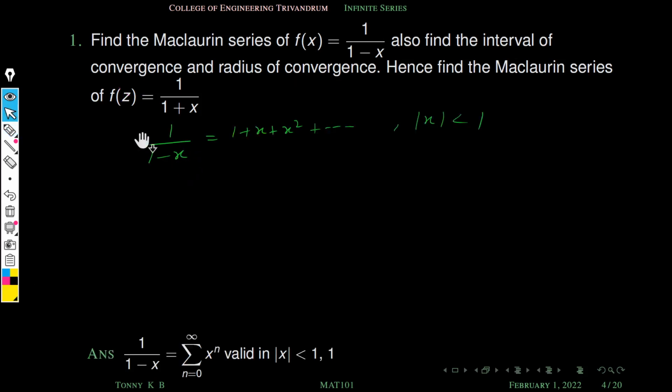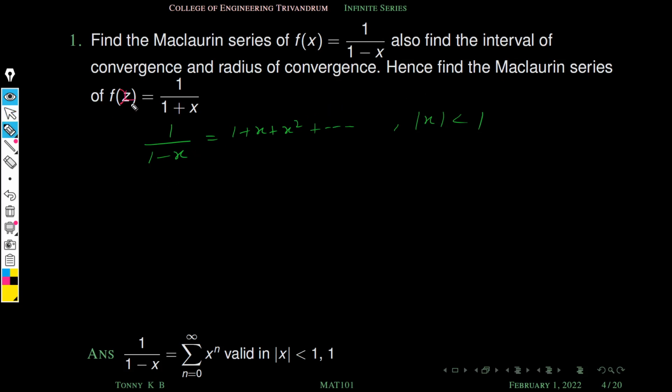Yes. So this is the series expansion of 1 by 1 minus x. This is a compact form, sigma n equals 0 to infinity x raised to n, and valid in this interval. This is our interval of convergence and the radius of convergence is 1. Okay. So next we have to find